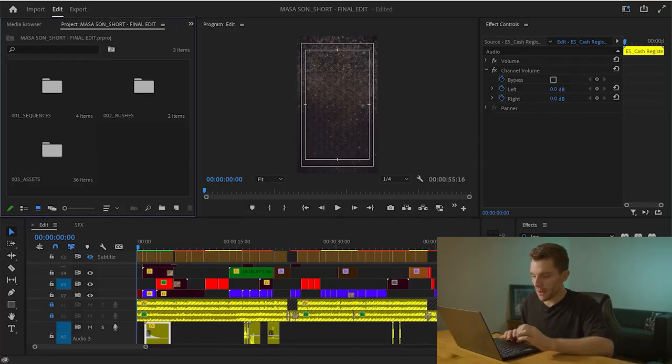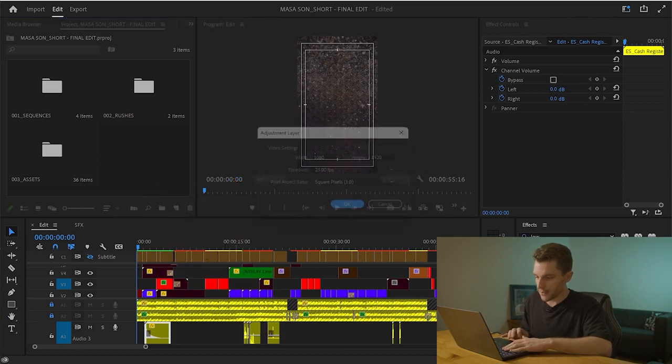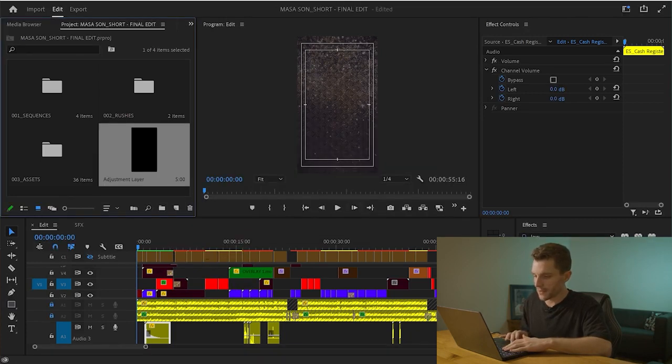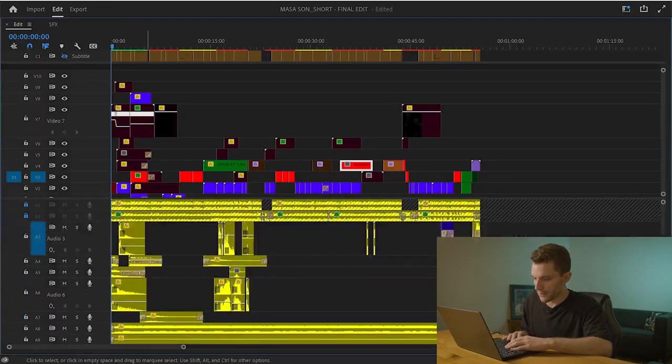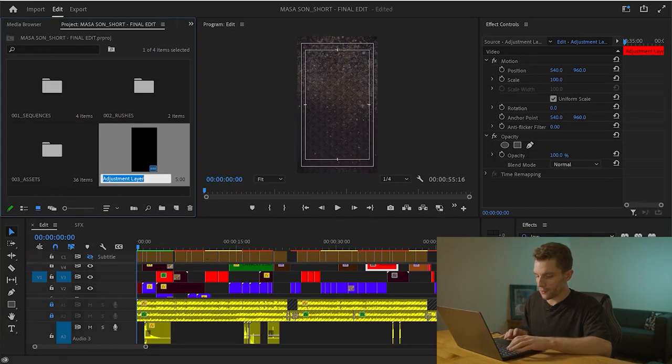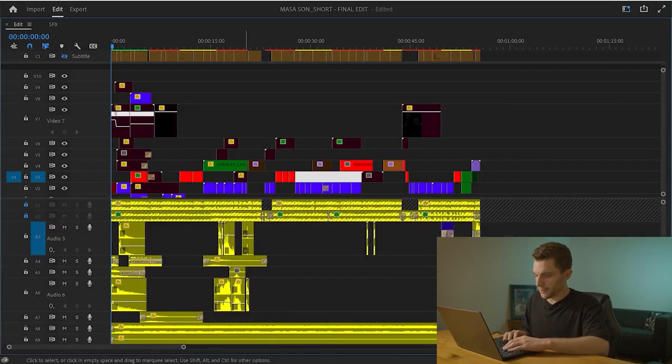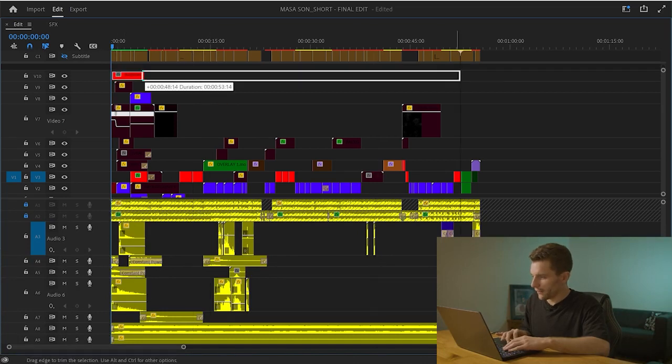So we're going to start off by making an adjustment layer. We're going to click New Item and go into the adjustment layer here. And we're just going to bring this in to our sequence, drag it up into there for now. We're going to go ahead and call this overall grade. And we're going to bring this up to here and drag it out for the duration